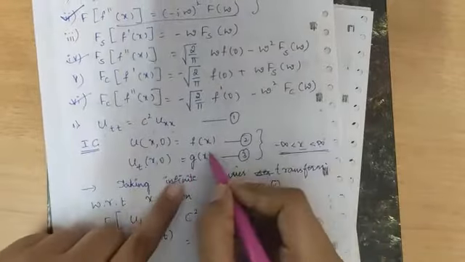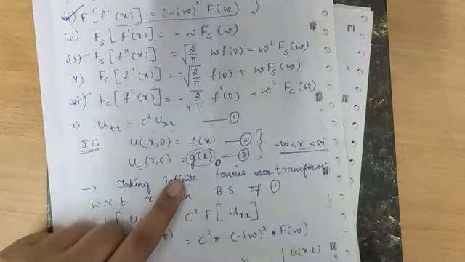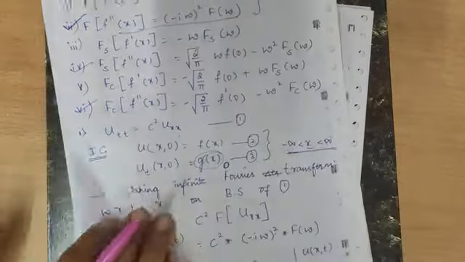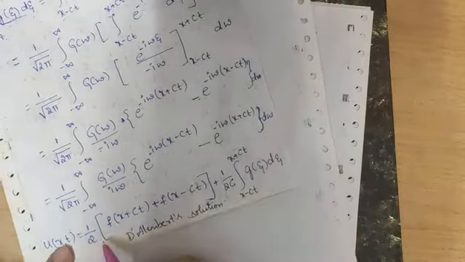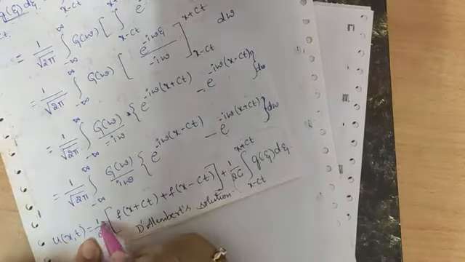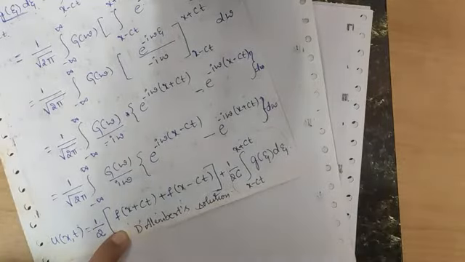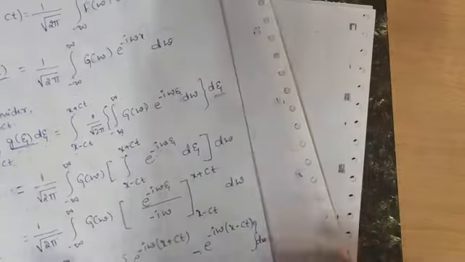So similarly, you have one more problem. In the second problem, in the place of g of x, you will be having 0. If it is 0, you will not get the second part of the final equation. So you will not get this term. Your solution will be 1 over 2 f of x plus ct plus f of x minus ct. That's all. Why will you not get this second part of the solution? I said this part you will get as 0.